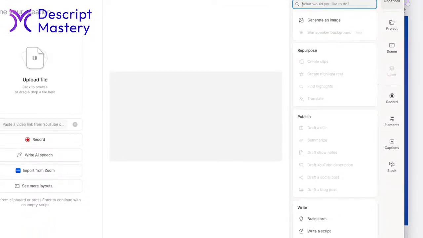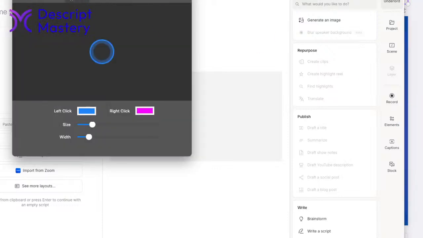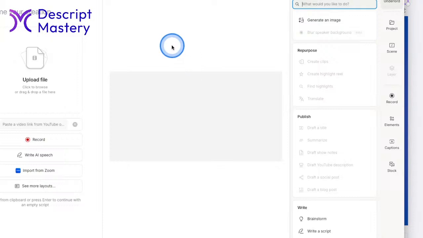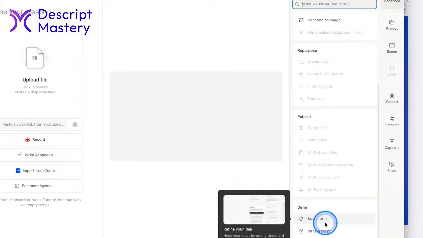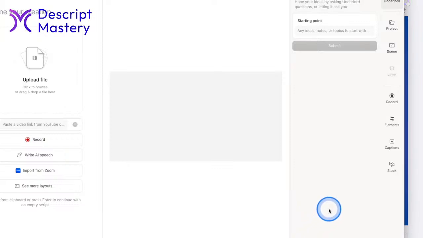And let me turn on my screen cursor for you. This is a tool I use that puts that circle around my cursor to make it a little easier to see. So there's this write section, and there's a brainstorm, write a script, write an outline. So if you just need ideas in the first place, like you're just making a video from scratch, you don't know what to talk about, you can hit this brainstorm section and put in a starting point. So you could say, my channel is about...